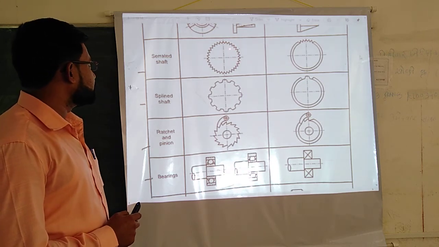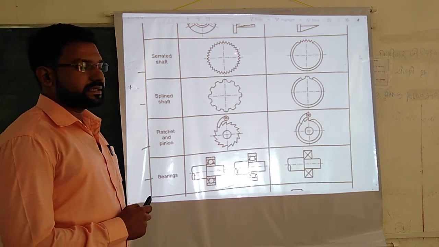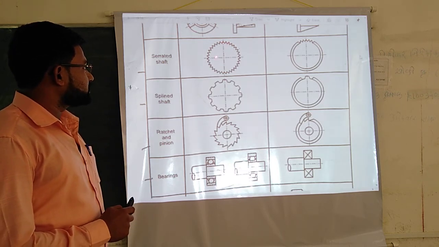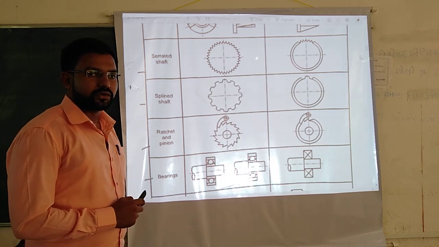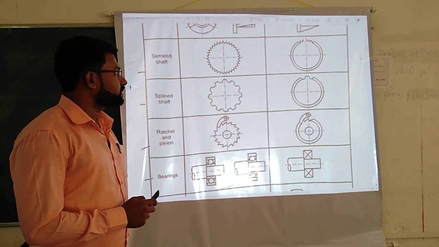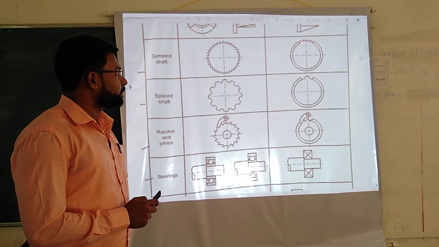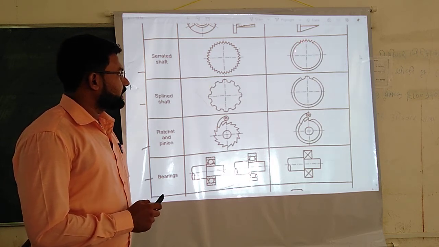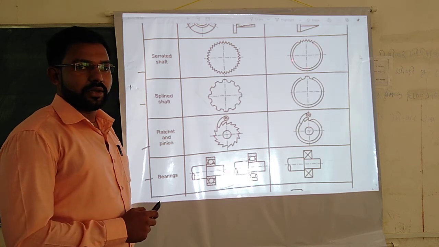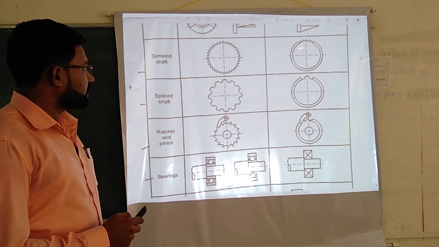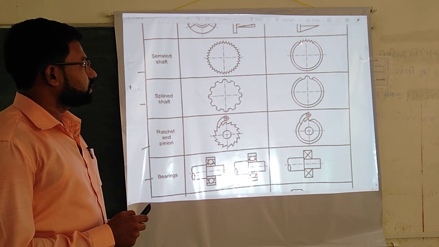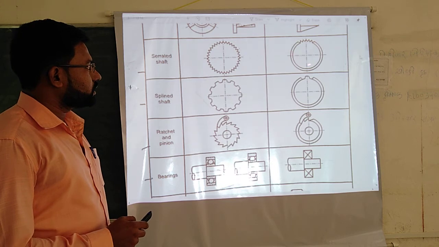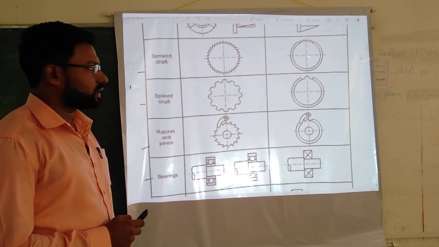The power is transmitted. If you want to conventionally represent these serrations, then if you draw all the serrations, the time required will be more. So to reduce the time, the convention is used. Means in a small part the serrations are drawn, and only the outer circle and inner circle are drawn. The time will be saved in this convention. So only a small portion of the serrations is shown, and for the rest you draw these two circles.